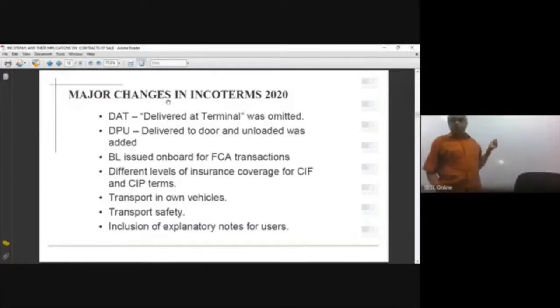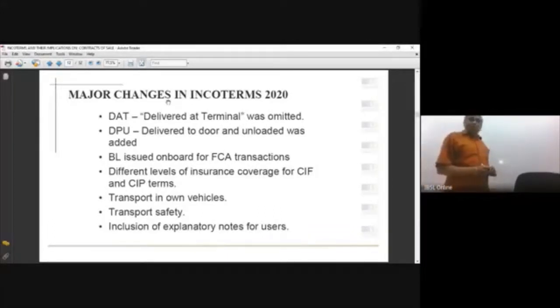Both are cost, insurance, and carriage also arranged by the seller. The only difference is CIF is for sea and inland waterways, CIP is for any mode of transport. Right? But the different levels of insurance coverage is